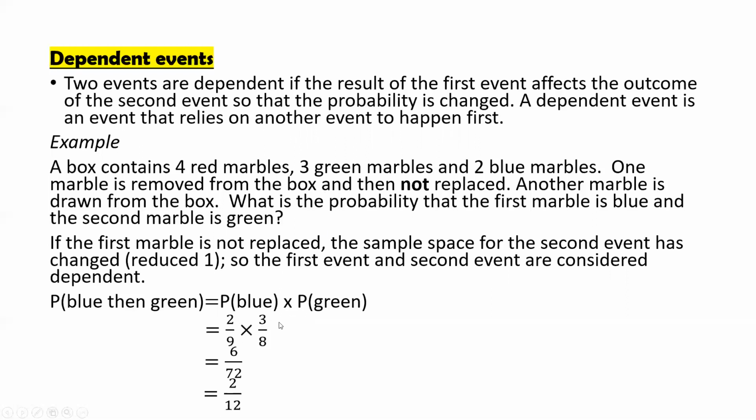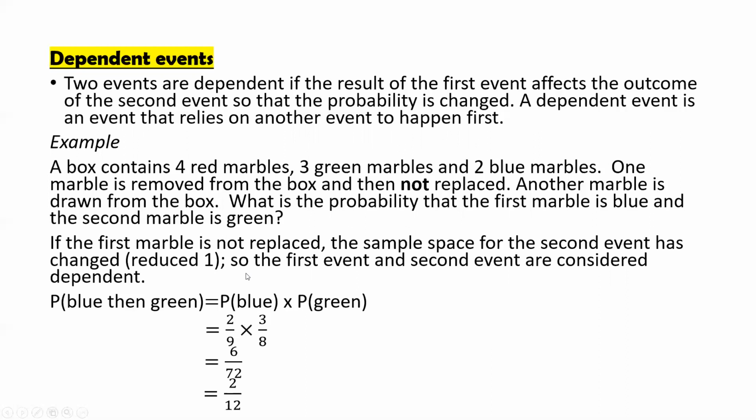So you can see from here, the second time, the probability changes, the total changes, the number already changed. So what you do is just multiply again, then you get the answer. You can see the answer is different from the first time, the one with replacement. So that's why when the 2 events are dependent, that means the second time, the probability is already affected by the first event. That's why we call it a dependent event.